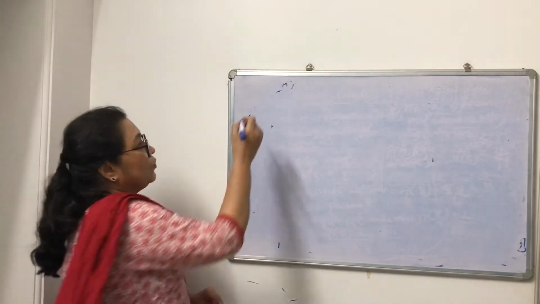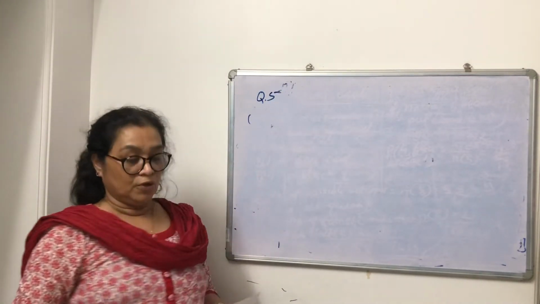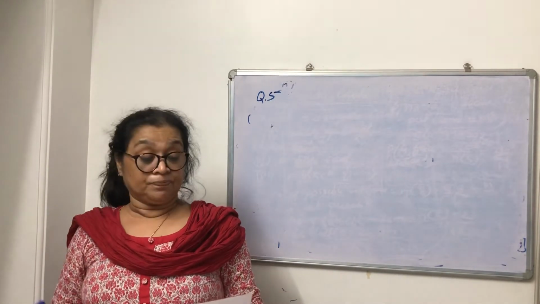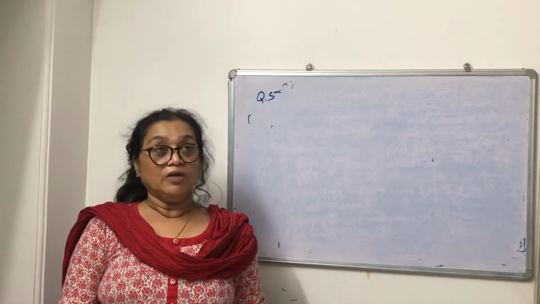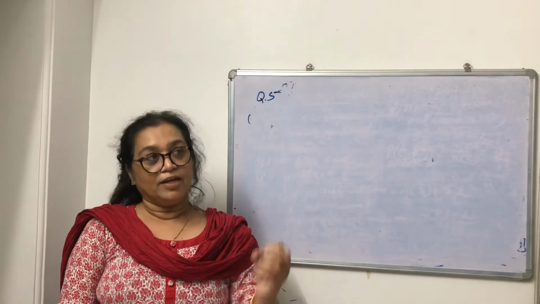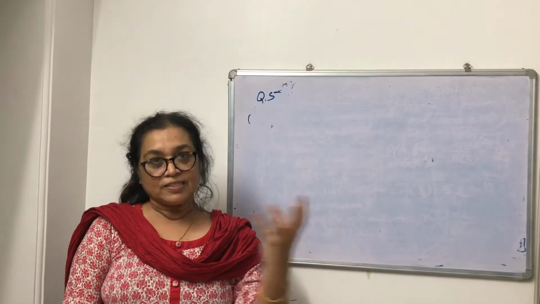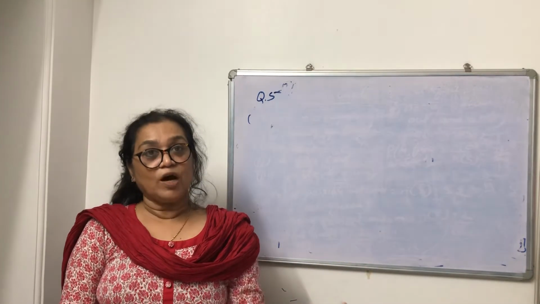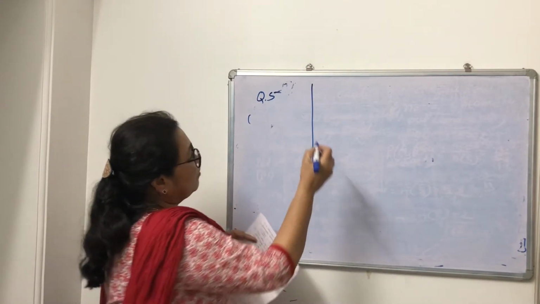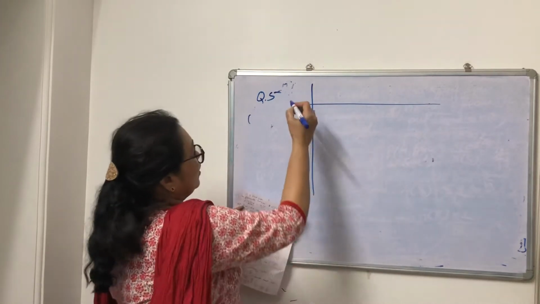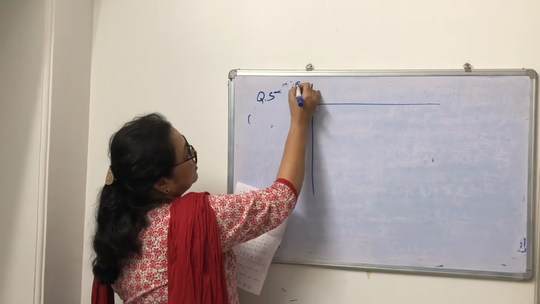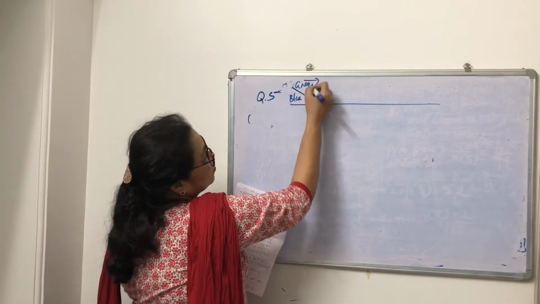Last question, question number 5. 2 dice, one blue, one grey, are thrown at the same time. You know, there are 2 dice, one is a blue die and the other is a grey die. Each one has 1, 2, 3, 4, 5, 6, grey also. So they are thrown at one time. So what are the possible outcomes? So here, on this side I am writing blue and on this side I am writing grey. So this one is grey.